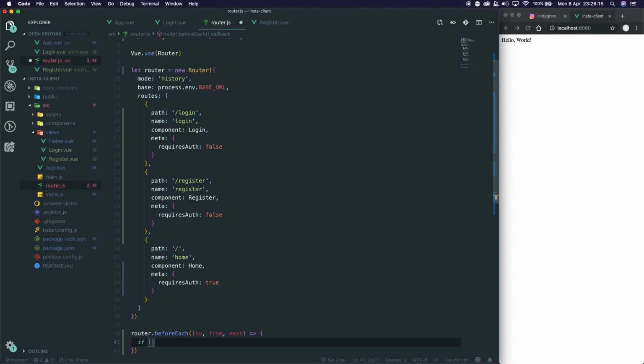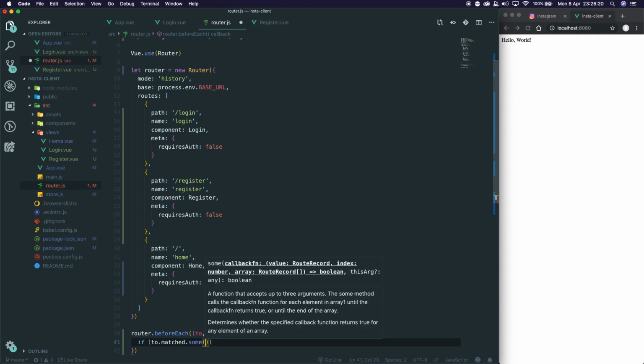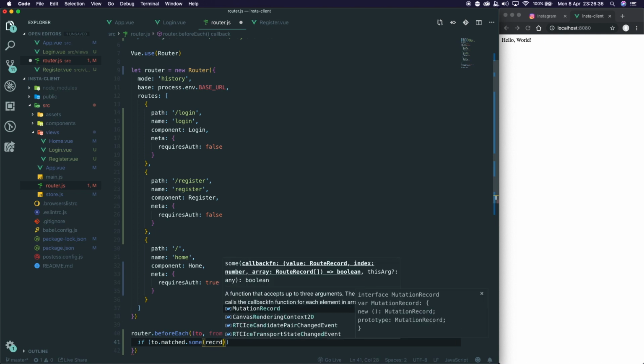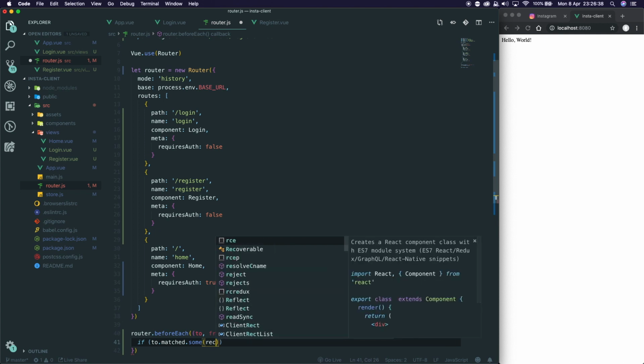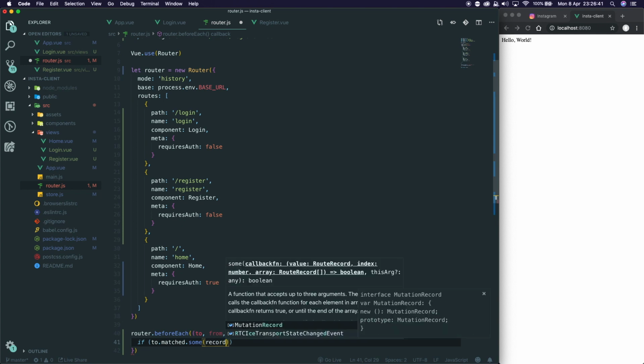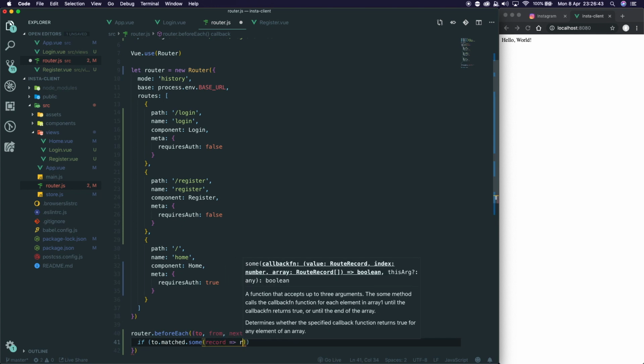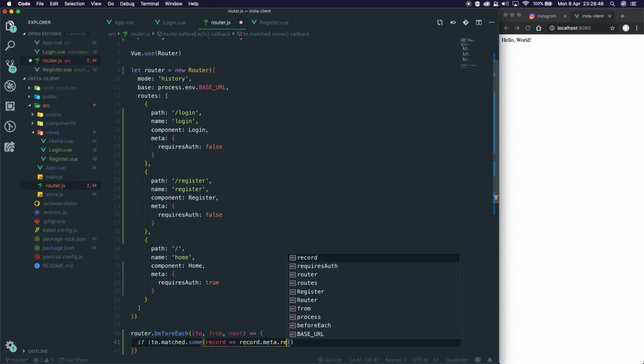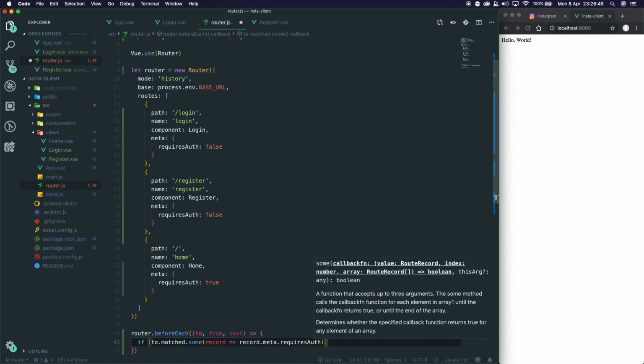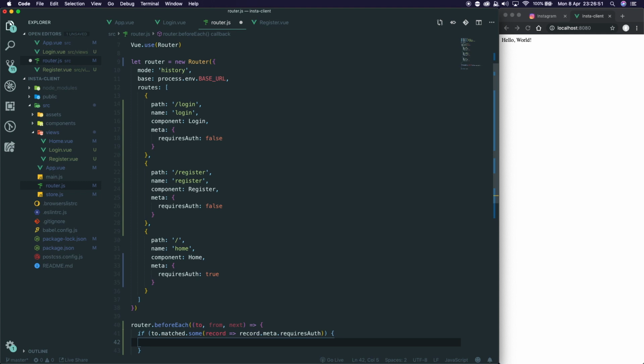We're then going to say if, and we're going to say to.matched.some, which basically just says find some records of this, or find the records. As you can see there, a function that accepts up to 3 arguments for methods, calls for a callback function, and you can read the rest of that if you want to. Let's write record. That's not how you spell record. Or we could say record is how it's documented. So we're going to say record, and then we're going to say record.meta.requiresAuth. And if that is equal to true, we're then going to say